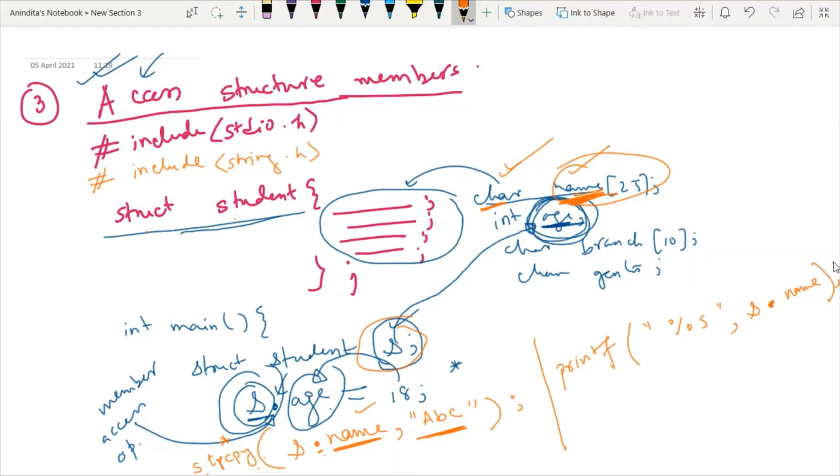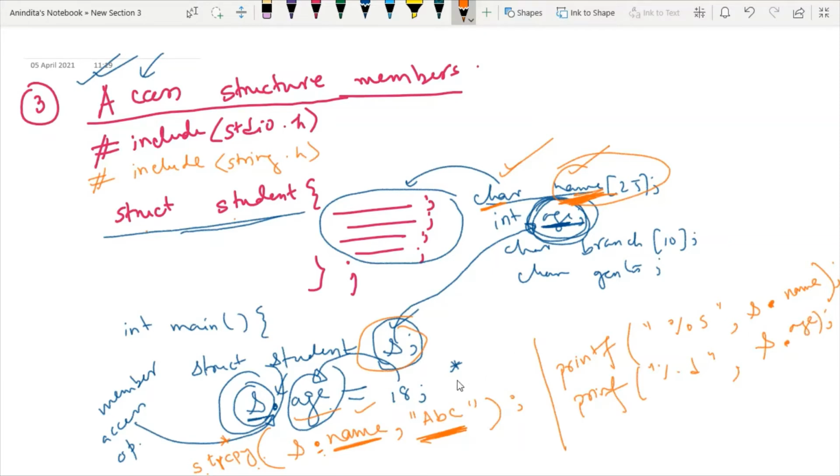If I write this, then ABC will be printed. And how to print the age? I will write printf with %d as a specifier, and then the structure variable name dot age. So it will print 18. So this is one convention that we could follow.